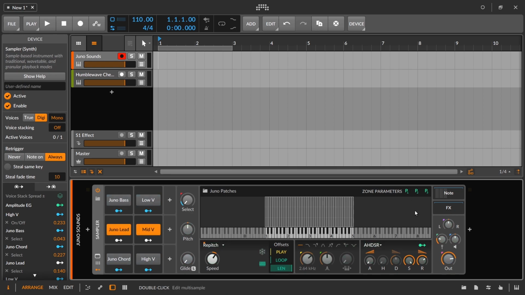If you do a lot of multi-sample instruments, or I should say layered instruments, where you're layering a complex pad on top of a bass, on top of this, on top of that, this may be useful for you because you can process those sounds differently. In this example, we're going to take this Juno patch